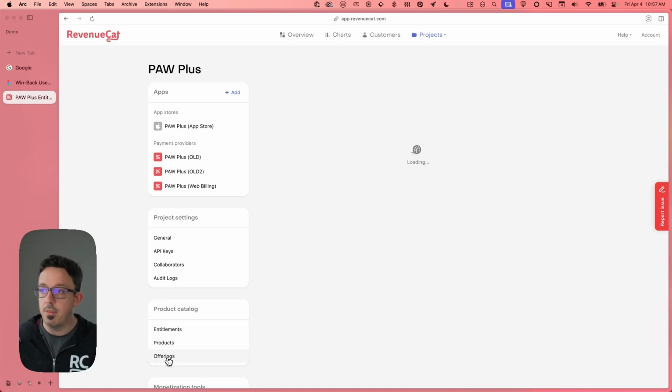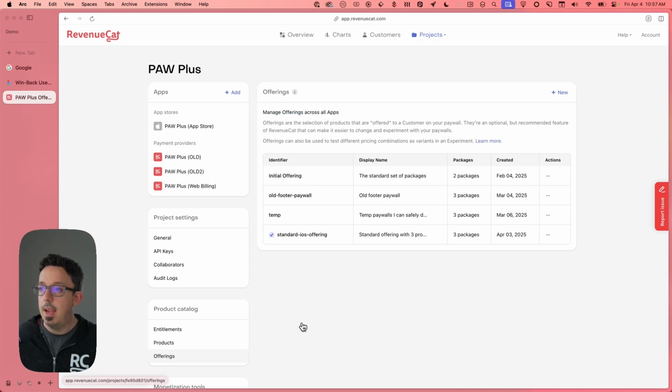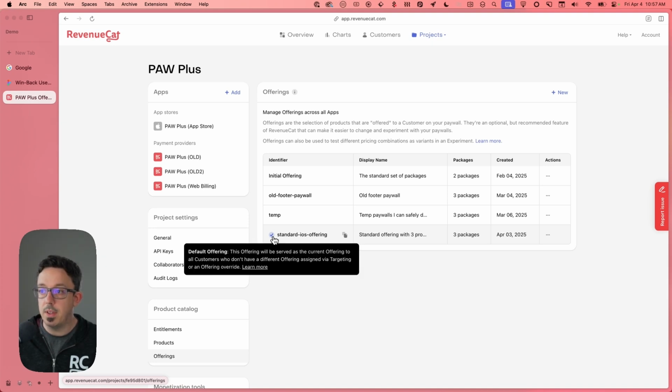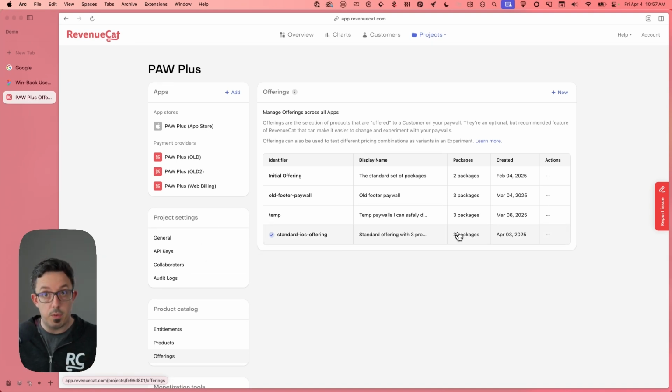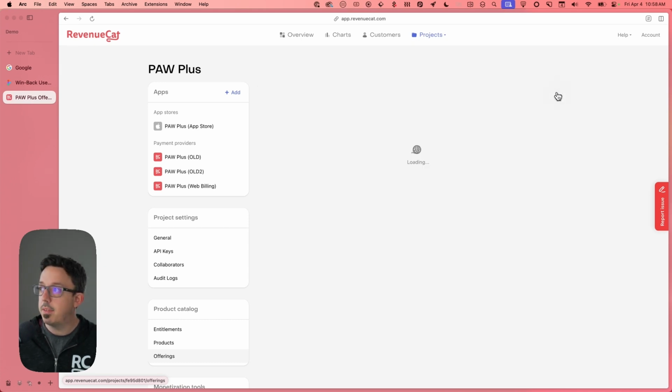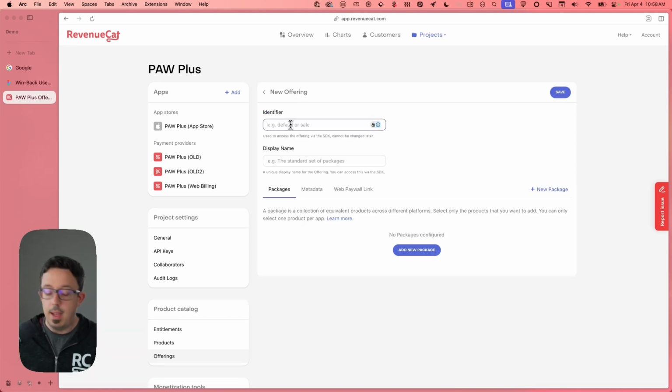So we're going to go into offerings. And you can see these are the offerings that I already have. These are used throughout my iOS app. The standard iOS offering is the one that's currently the default for the iOS app. And you can see it has those 3 iOS products in there. But we want to create a new one that's just for our web billing app that we just created. So I'm going to say new, and let's call this our win back. Actually, let's say web win back